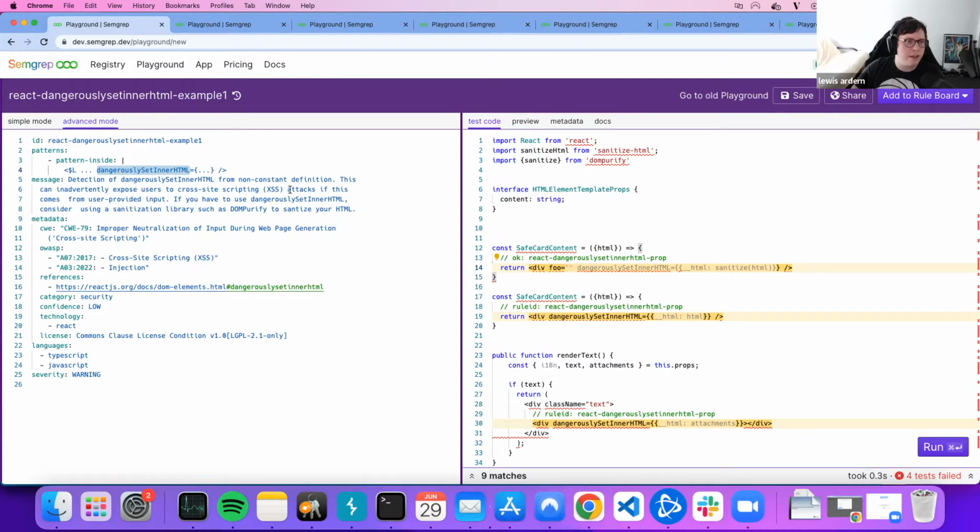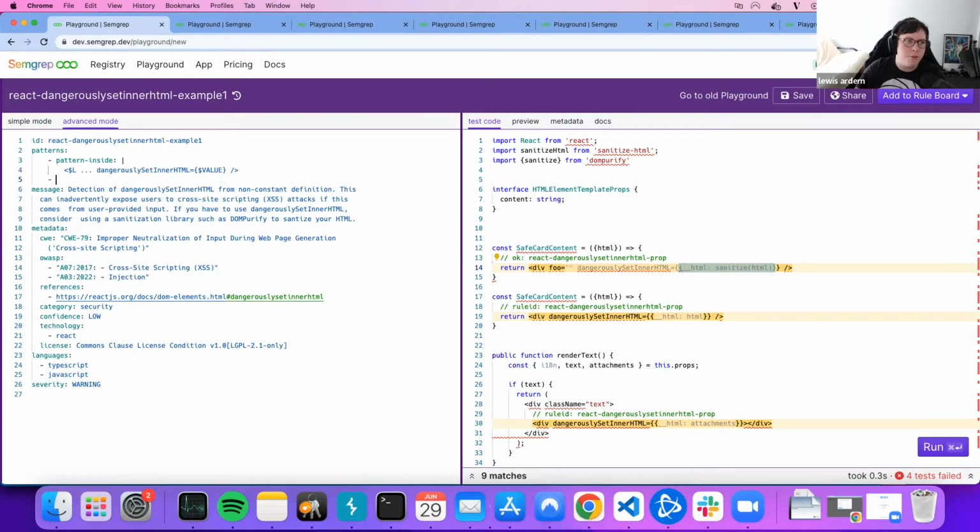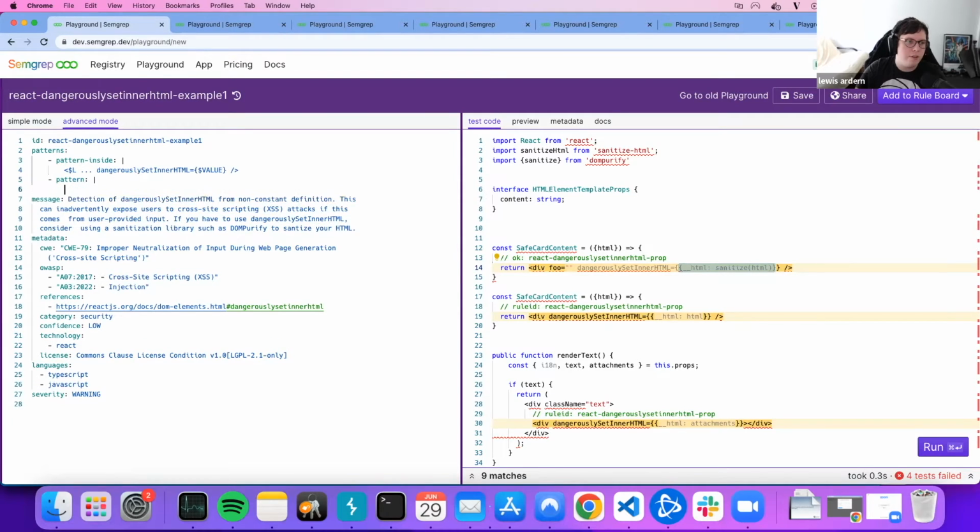Using the pattern inside. So pattern inside is anything within this divider. So as you can see here, we capture everything within this divider. If you wanted to only capture the things within this, you could use something like, well, there's two ways. There's pattern,